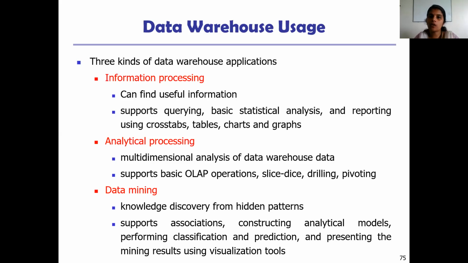Whereas analytical processing is just a summarization or an aggregation tool. We organize the data in such a way that data mining tasks can be performed on top of it. So analytical processing serves as a foundation for data mining. Clear? Information processing comes at the lowest level, just getting the information stored in the data warehouse using queries and representing it in the form of a table, chart or graph. Correct? Next level comes analytical processing.